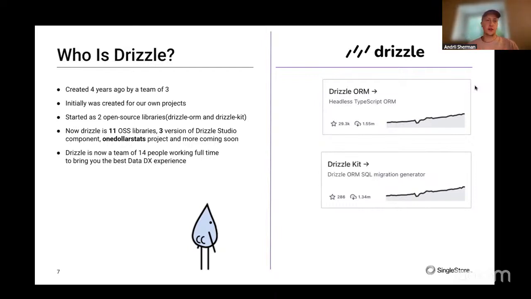Let's start with a small history about Drizzle and why we created it. Drizzle is an ORM to help you communicate with your database in TypeScript, to have type safety, to have a lot of different options for databases, and to work with your schema and your queries really easily. We started about 4 years ago when we had our own projects where we wanted to make communication with the database much easier.